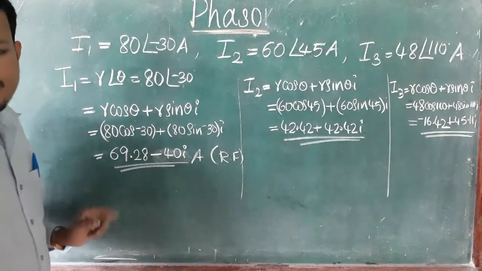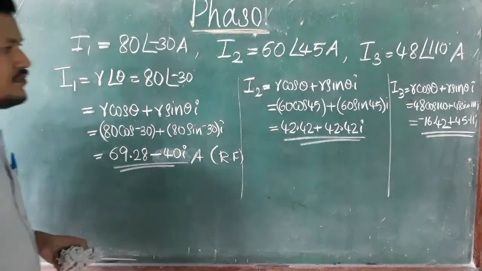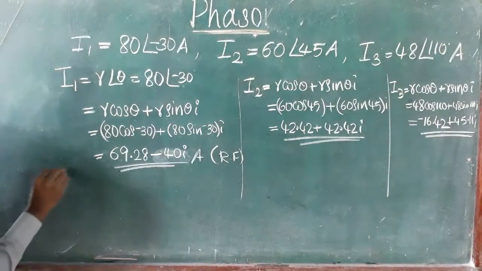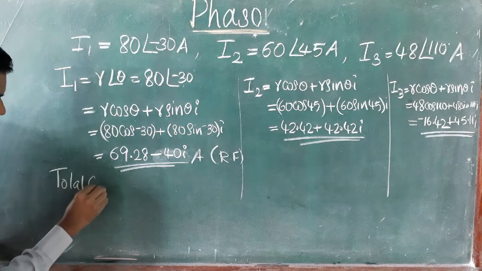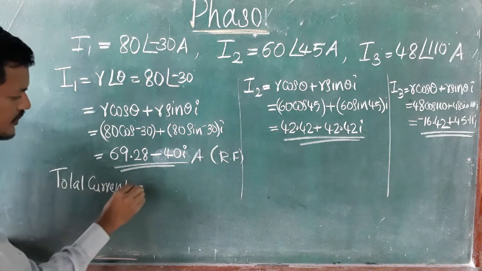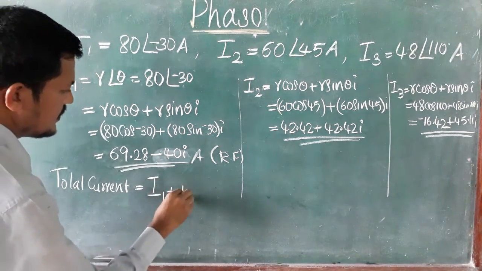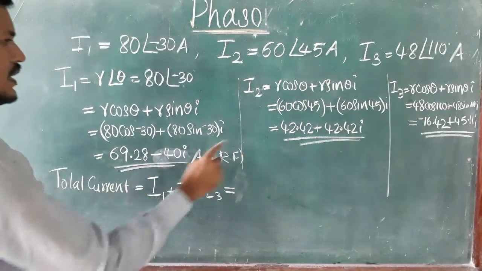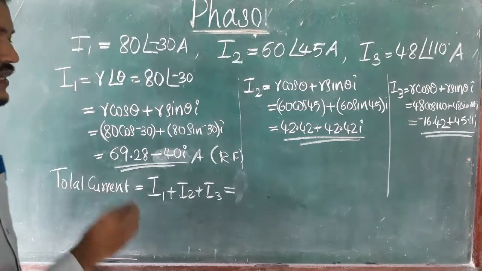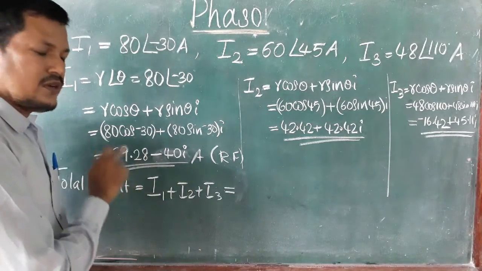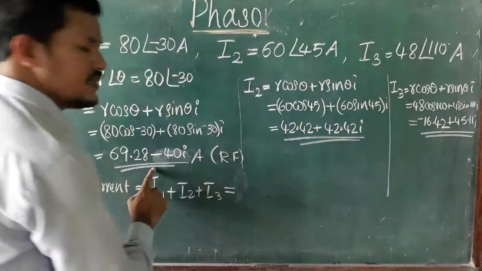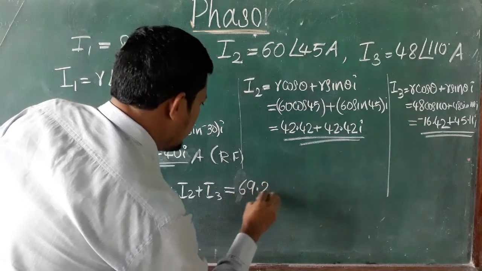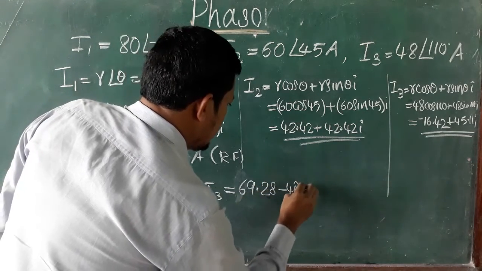So now it is easy to calculate. Now all are in rectangular form. So now we can find the total current equal to I1 plus I2 plus I3. Now it is easy because all are in rectangular form. Whenever there is an addition or subtraction, we have to keep all the values in rectangular form. So first one, I1 is 69.28 minus 40 i or j,